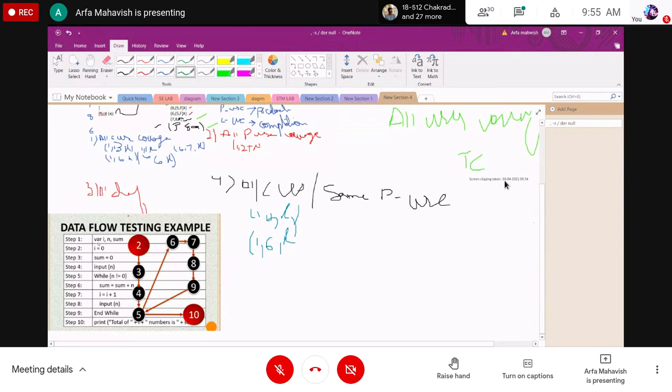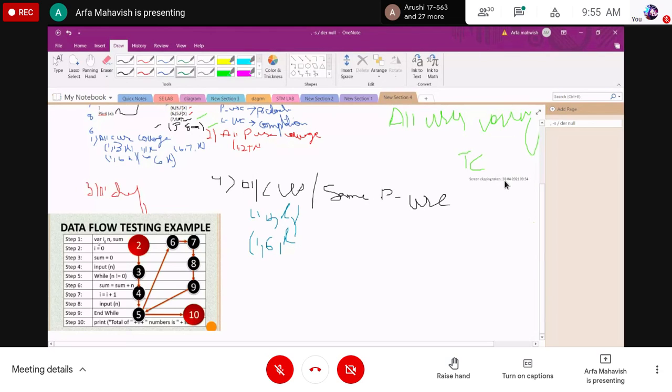In data flow testing, you can divide your entire code into slices and write the test cases there. This is the benefit of data flow testing. In these steps you are doing the same thing, drawing your diagram with nodes and edges.